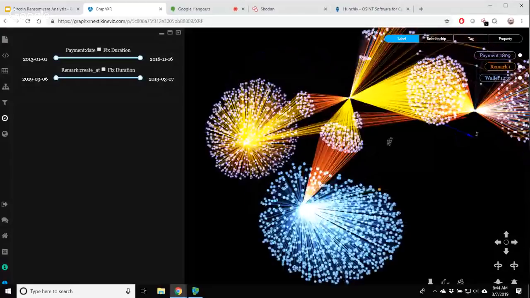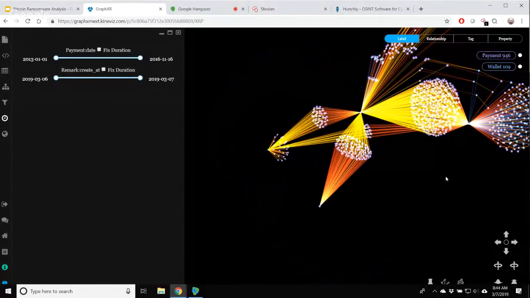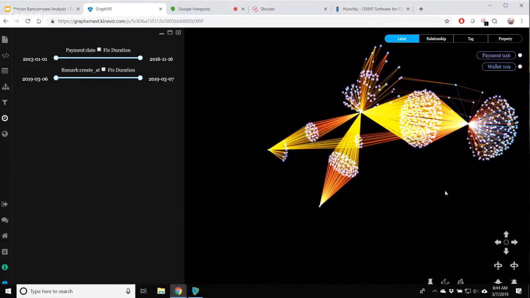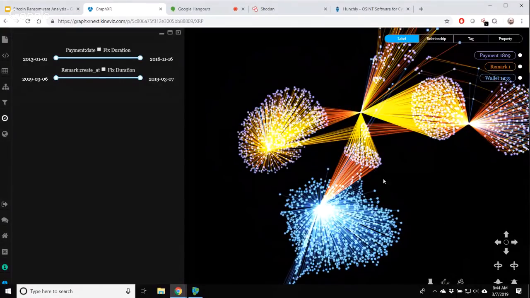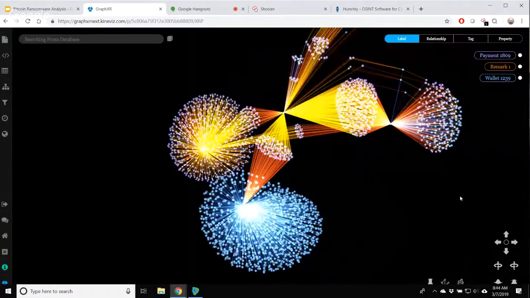We have this leaf trimming that allows you to basically hide anything that has only a single relationship associated with it. So these are, within GraphXR, some of the tools that we use to conduct